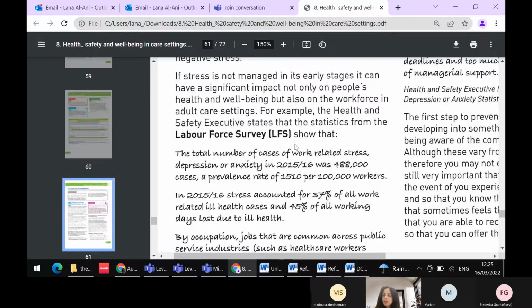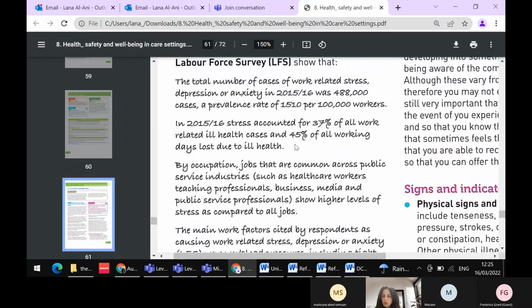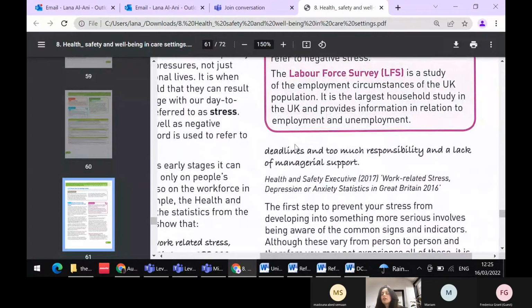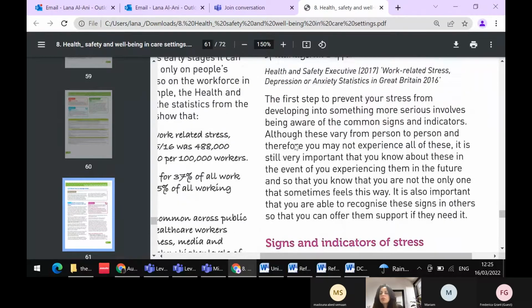It will affect your well-being and health situation. So there is work stress related, and also depression, anxiety. This all affects your situation. So first, to help prevent your stress from developing into something more serious, like mental health issues, you need to watch the common signs. What are the common signs that the person may experience, that will show on